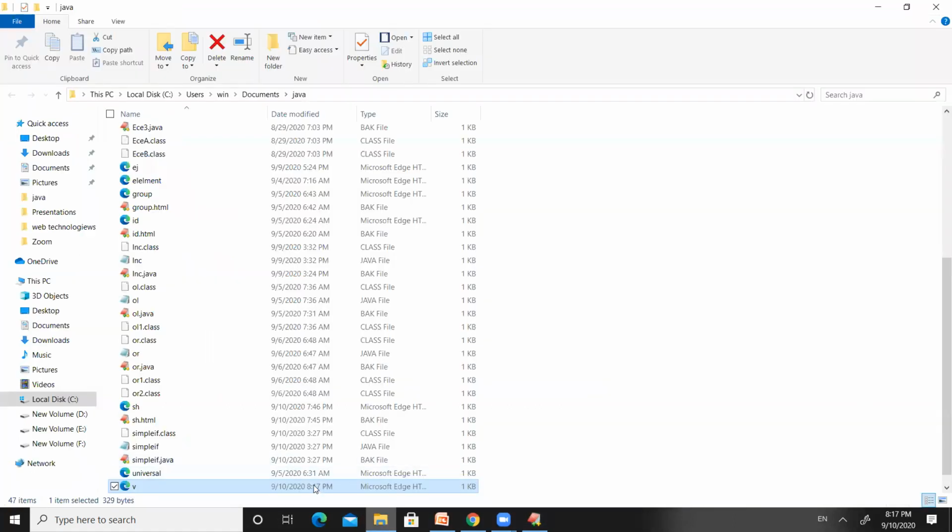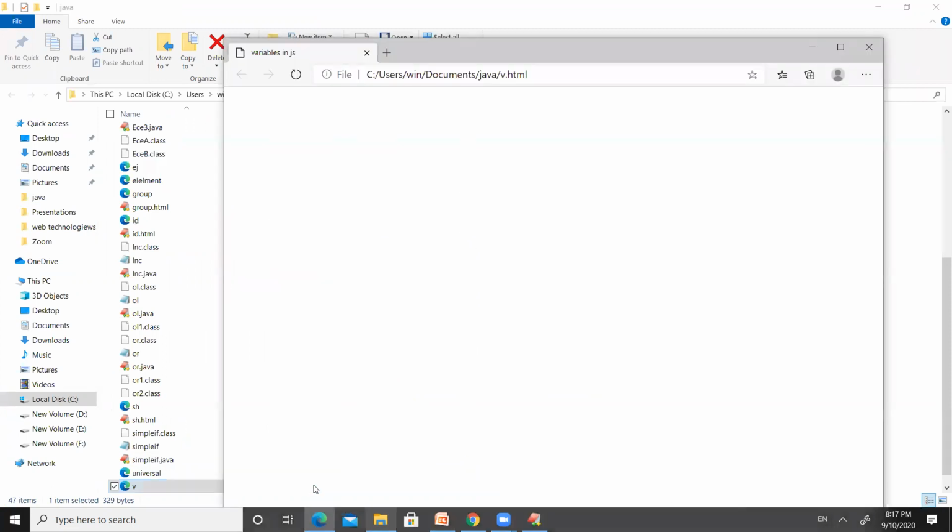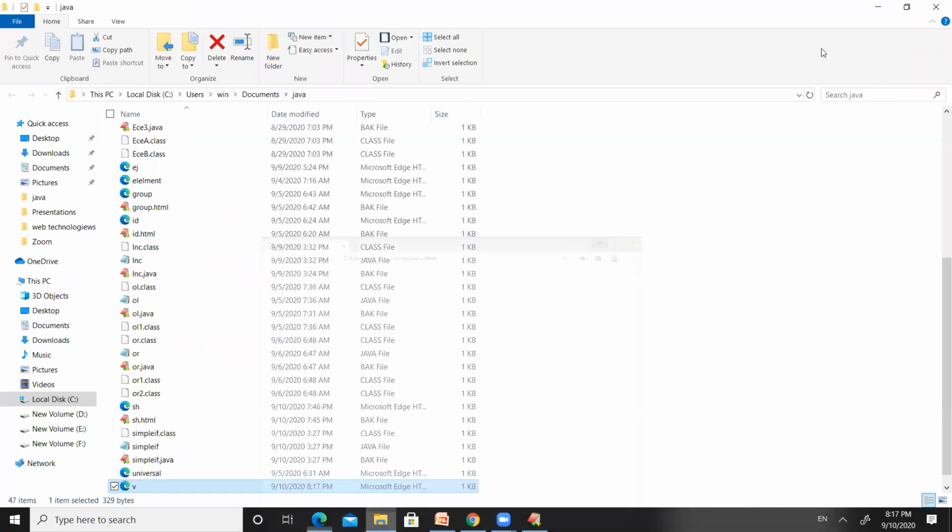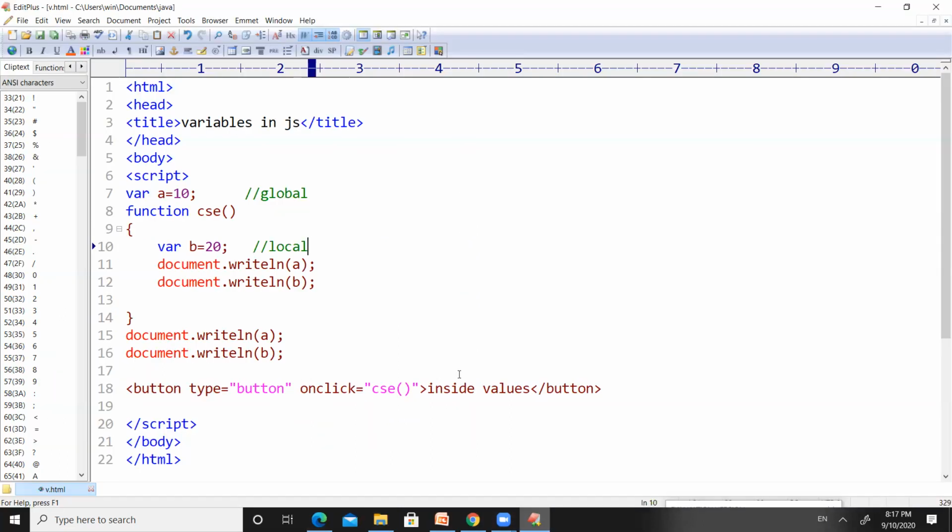So now save this one, and let us observe the output. It is also v.html. I don't write a new program. I just modified the old one. Let us double click on this one and observe the output. Oh, I'm sorry.